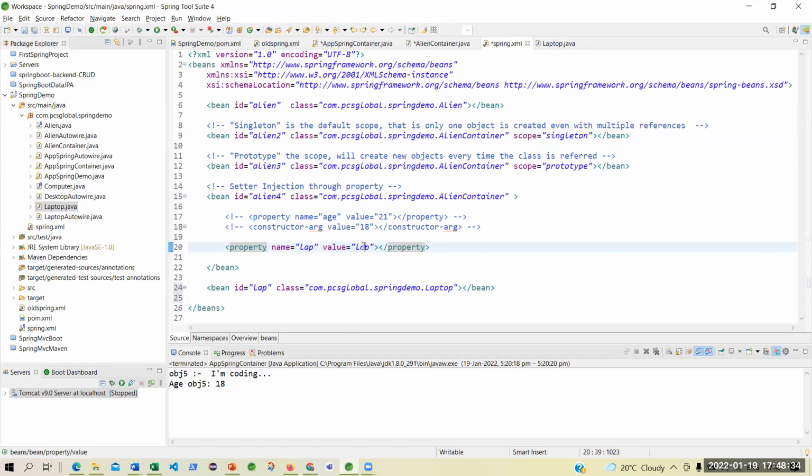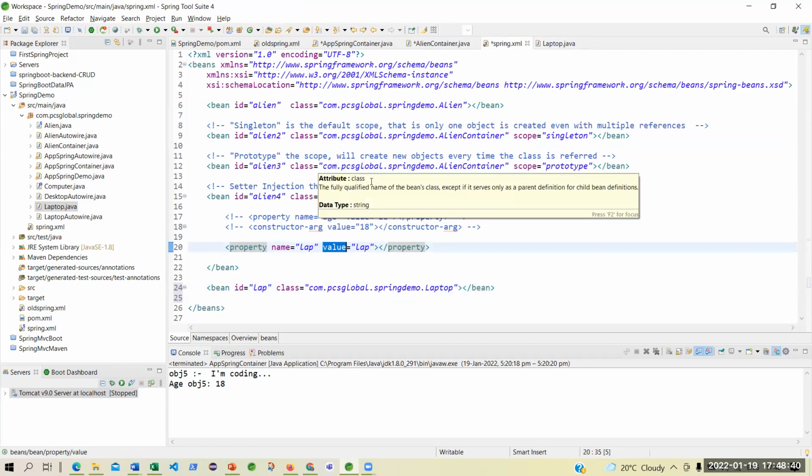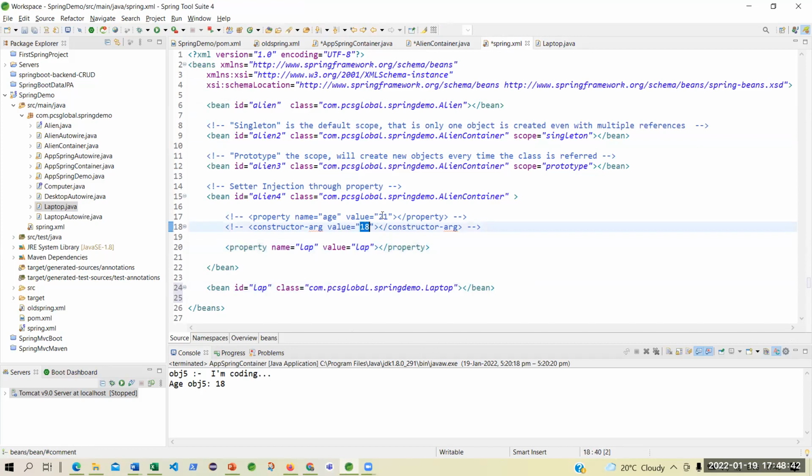When I refer to a value like 21 or 18, it's a primitive value, so that can be assigned to a property. But lap or laptop is not a primitive type. It is an object. Therefore, you cannot use value.